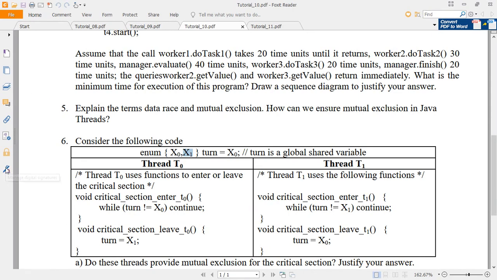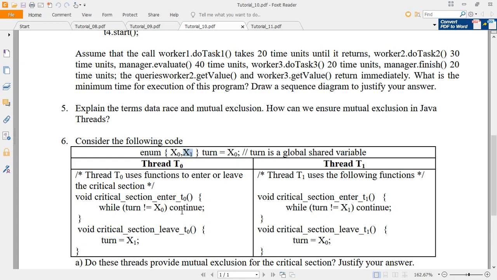Void critical section enter T0: while turn not equal to x0, continue. Void critical section leave: turn is equal to x1. That means they are trying to acquire a signal, that is, while turn is not equal to x0, wait, and only then enter the critical section. While leaving the critical section, turn will be set to 1.